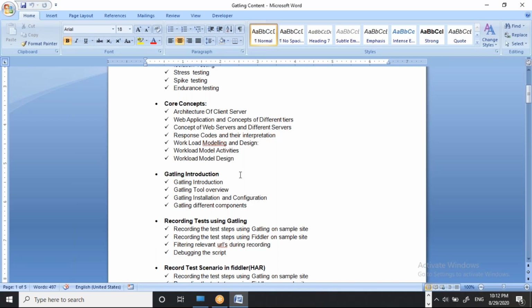Actually, this tool is not used currently because it is very difficult, written in Erlang, and not much user friendly.